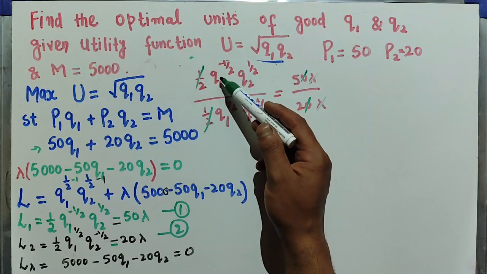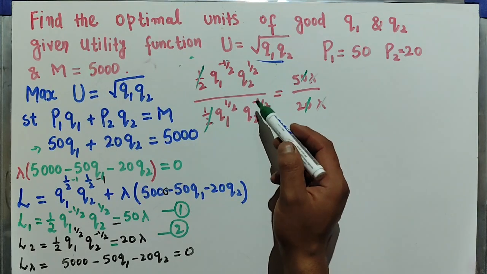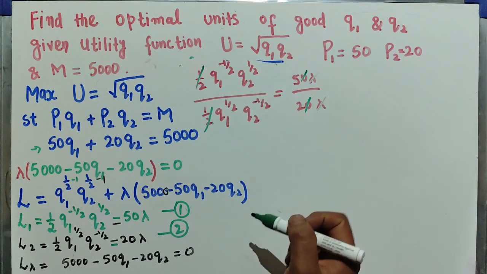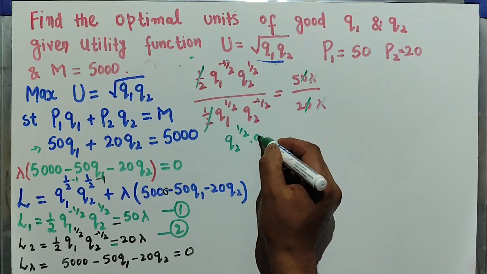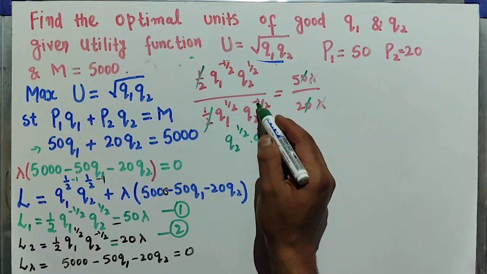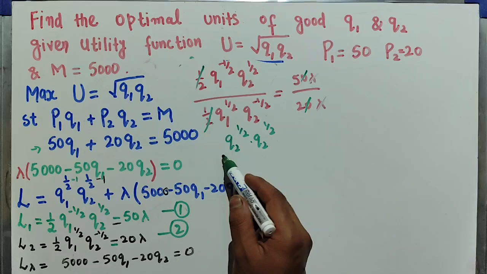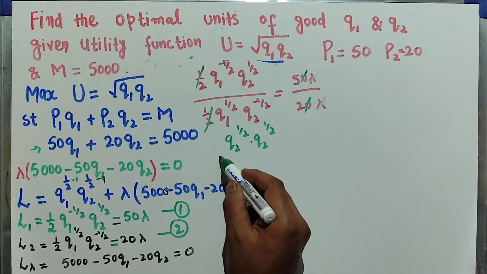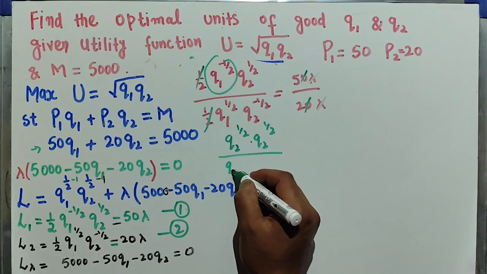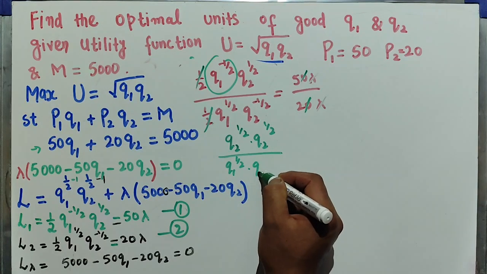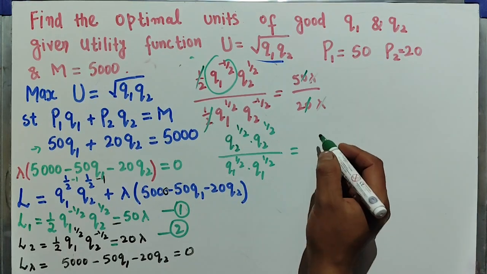Okay, if we transpose Q1 raised power minus 1 upon 2, let me show it here, let us transpose this Q2 to the numerator, so it will get multiplied. So we have Q2 raised power 1 upon 2 times Q2 raised power 1 upon 2. When I transpose this Q2 to the numerator, it gets multiplied, but its exponent sign changes, so it is minus 1 upon 2, it becomes plus 1 upon 2. Similarly, I transpose this term to the denominator, so first we have Q1 raised power 1 upon 2 times Q1 raised power, it is minus 1 upon 2, it becomes plus 1 upon 2, and it should be equal to 5